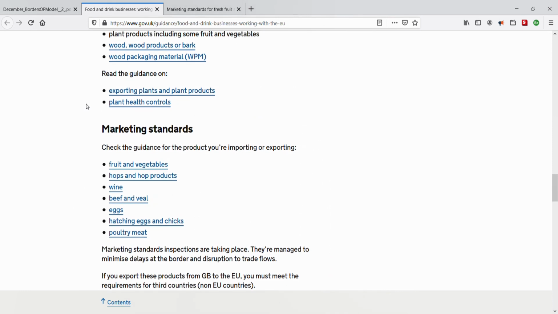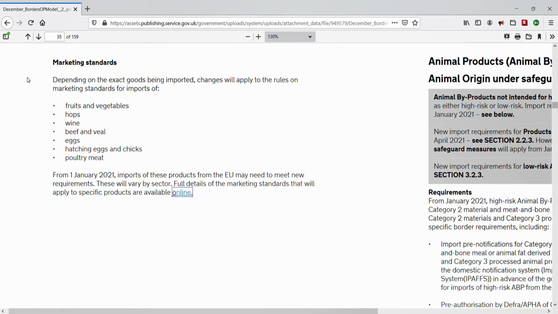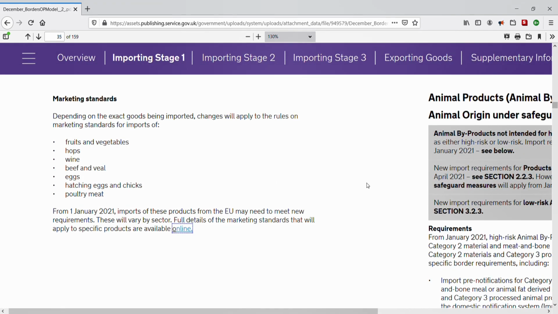So, the learning point here is that when importing and exporting, the rules are detailed, and retailers, both in the EU and UK, should make sure they understand and follow the advice given in both UK and EU marketing standards for yummy-looking agri-food produce, in this case. Marketing standards. Related, but not to be confused with marketing surveillance, which is a gov.uk body that works with other sector-specific and multi-sector bodies to monitor non-food goods. And we covered marketing surveillance in the previous video, called Conventions and Controls.